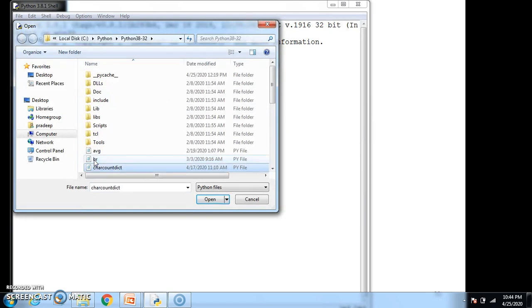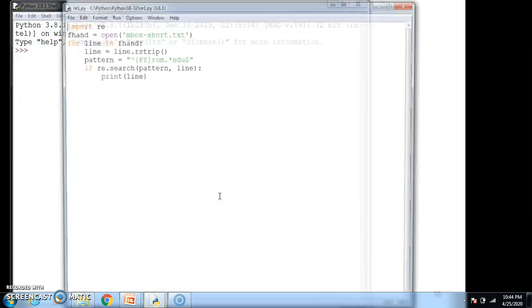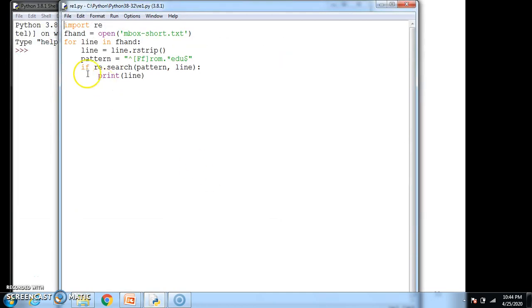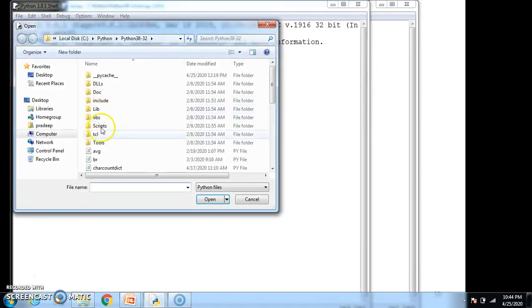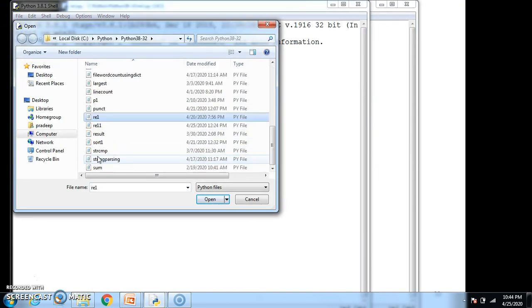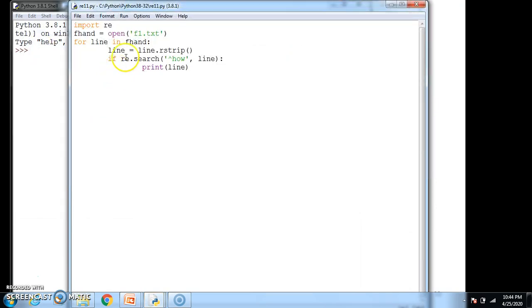We have already created this file with a name. We have another file, re11, as the name. So this is our program.